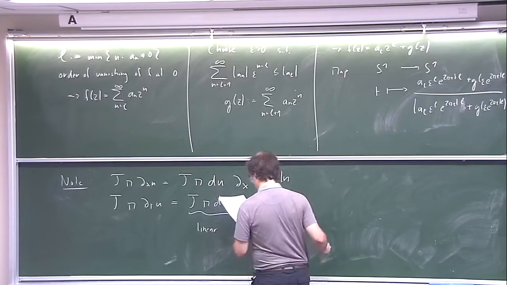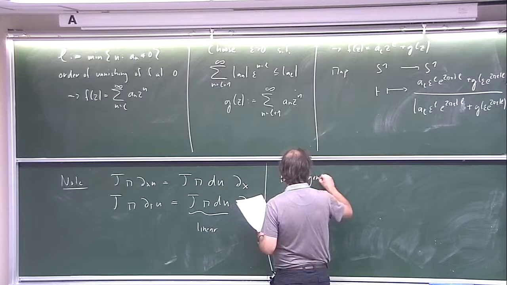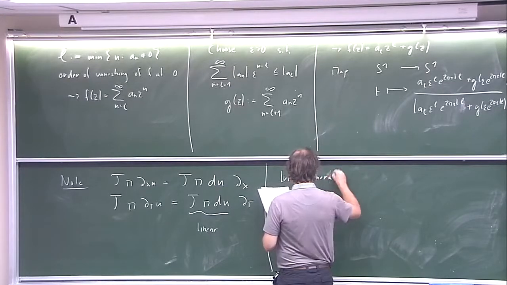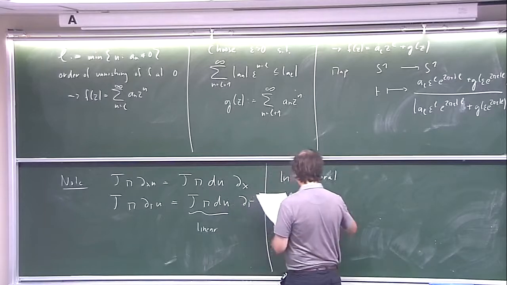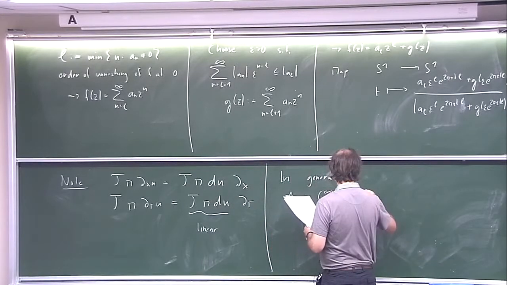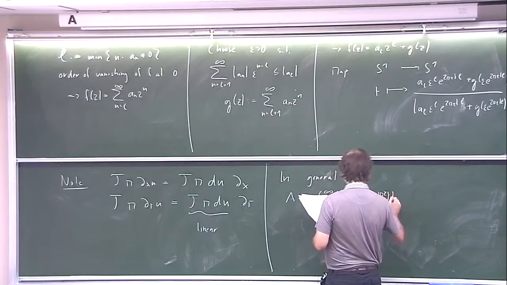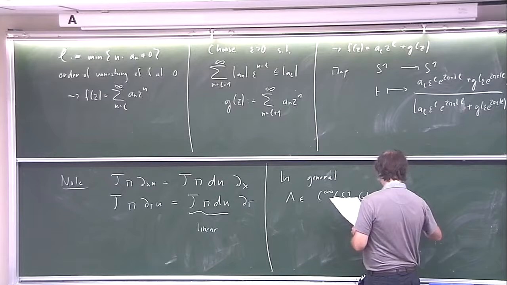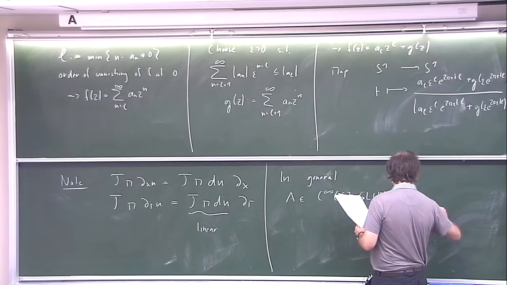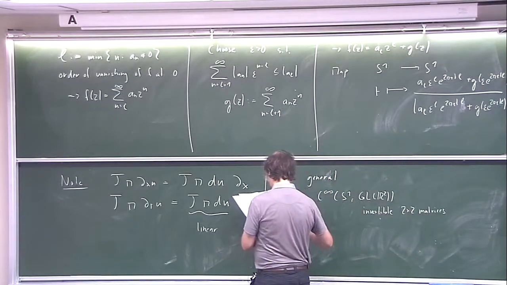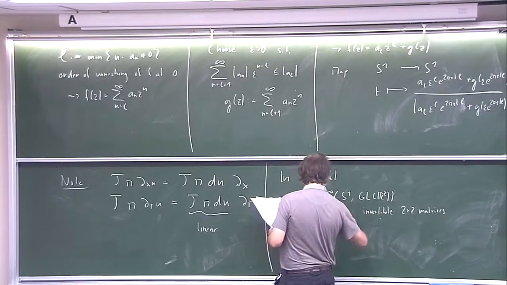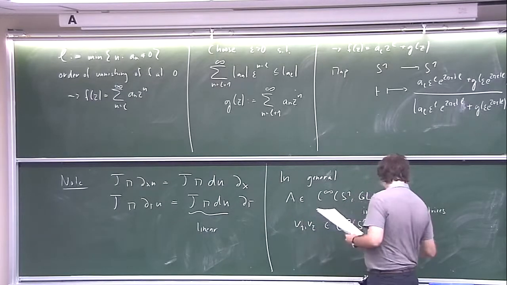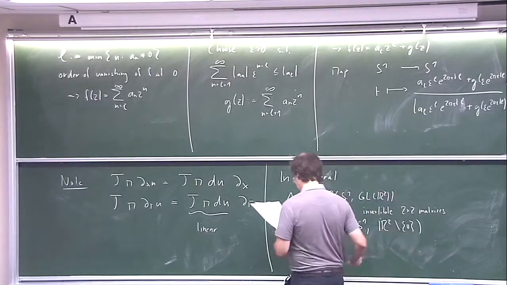So in general, if A is a smooth loop of invertible 2 times 2 matrices, and we have V1, V2 smooth maps to R2 minus 0, then